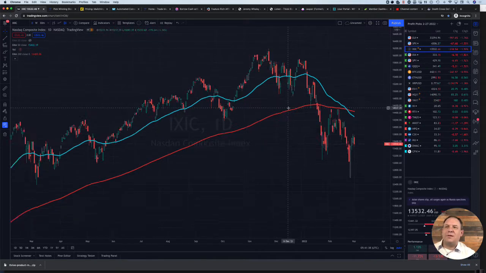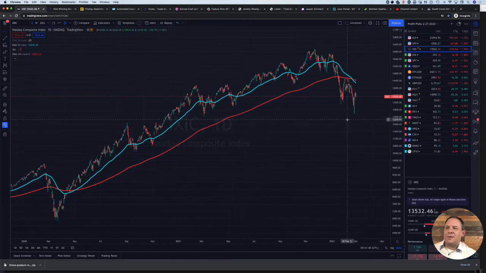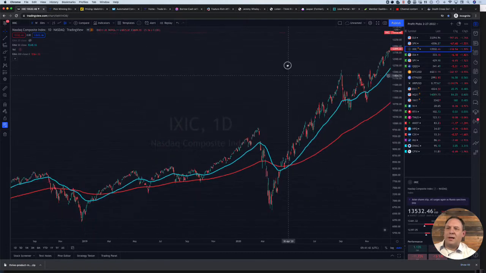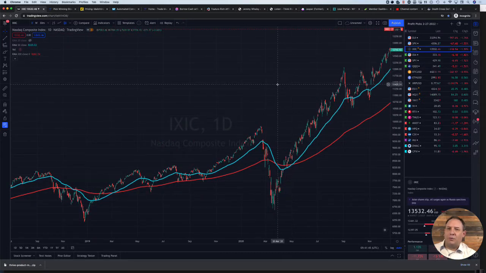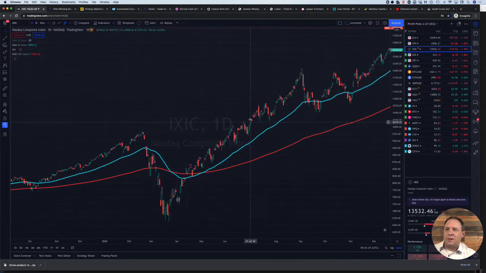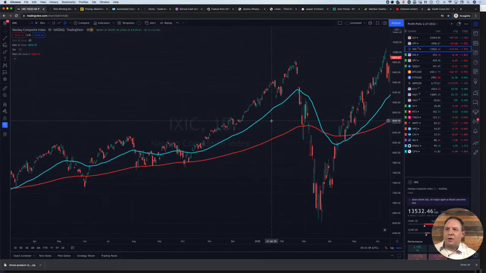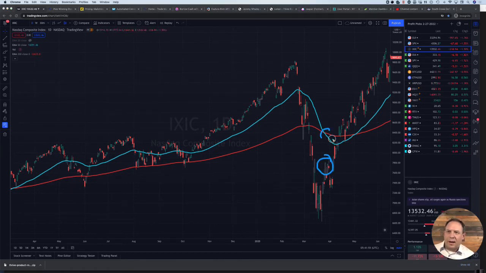Second thing is, let's go see if this thing's really that scary. So the last time this happened was, oh, look at that. It's 2020. Oh, so clearly it works, right? Well, I don't know. Let's zoom in on this. Okay, so when the death cross occurred in 2020, it was right there. It was right there. That was the death cross. Wait a second.